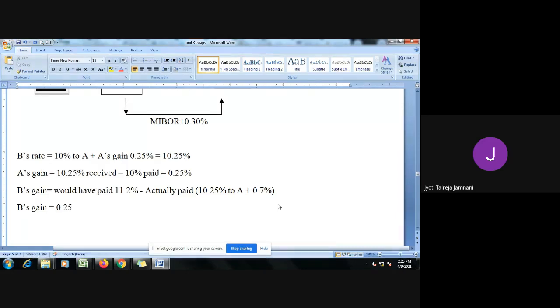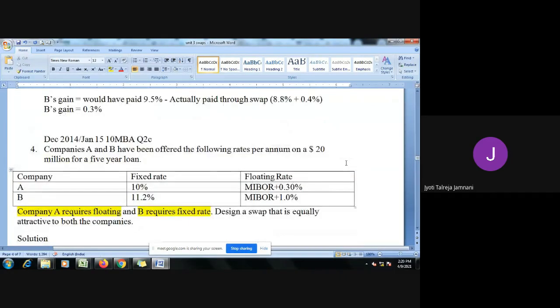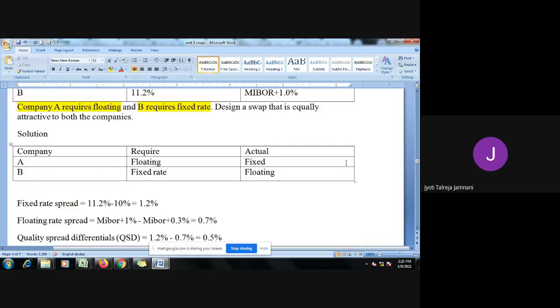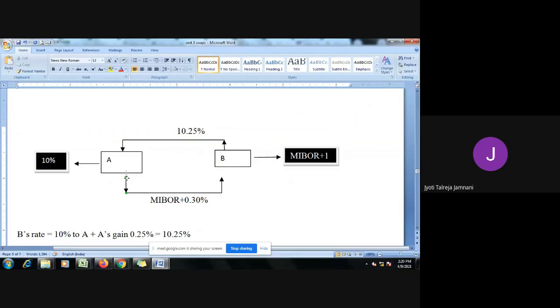So this was the problem. Any doubts, anybody? Yes, Twinkle. When I had asked the question, maybe you had answered then. I didn't see it, so I thought you were asking again. So, okay. This was the fourth problem where there is no banker in between. Without the banker, see how the swap diagram is looking. It's almost similar. The only thing is we don't have a bank in between, so that commission thing is removed. Anybody having any doubts still here? Please ask.